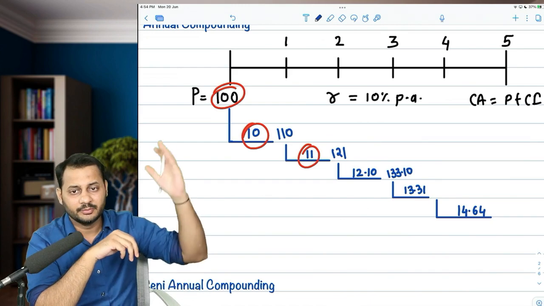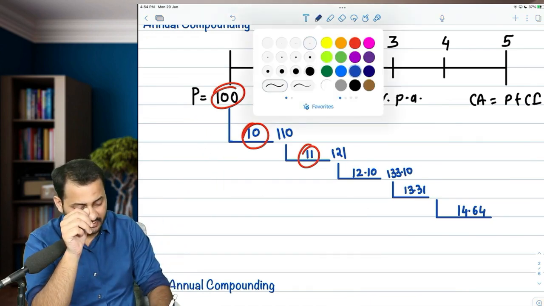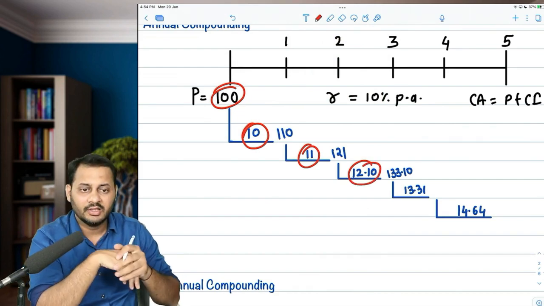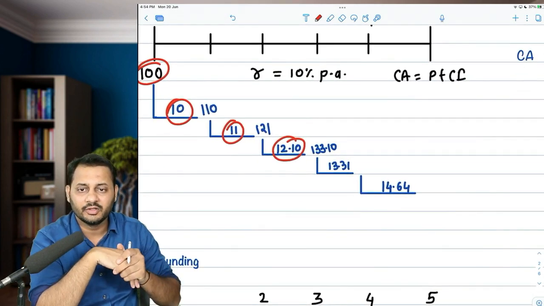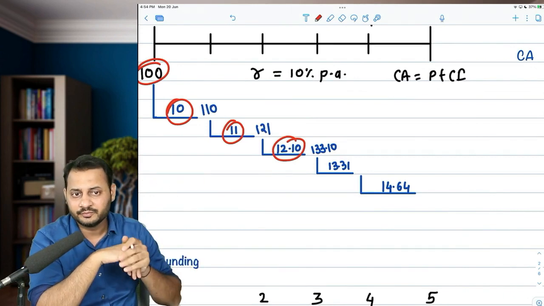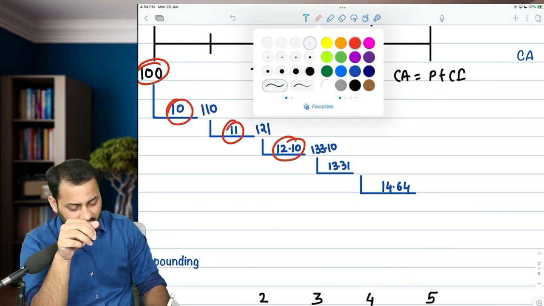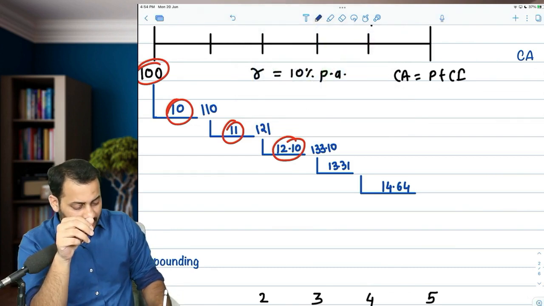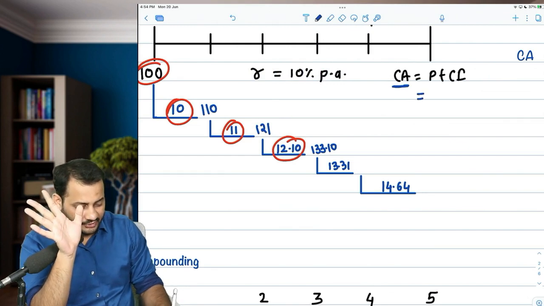It includes the principal, first year interest, second year interest, and the third year interest as well. And this keeps on going and going, and at the end of the fifth year, you are going to receive everything. What is the amount that you will receive at the end of the fifth year? Let's calculate. The amount that you will receive in the fifth year is the compound amount, which is equal to